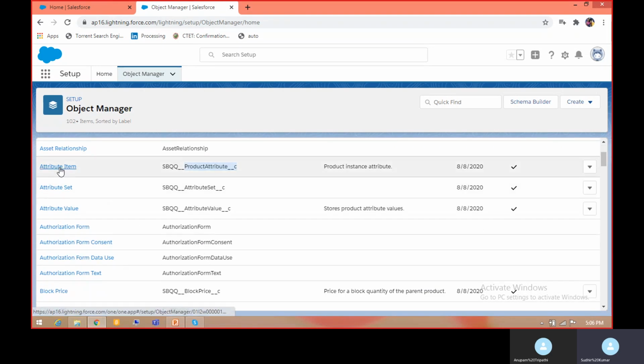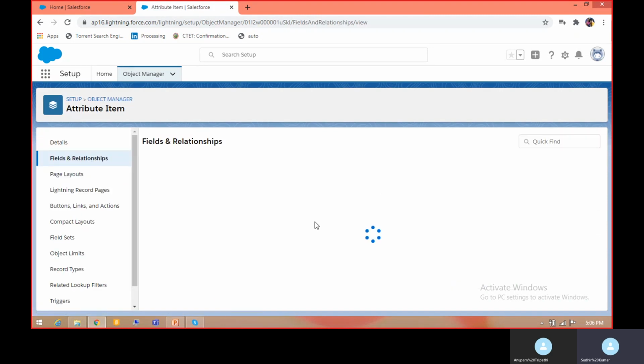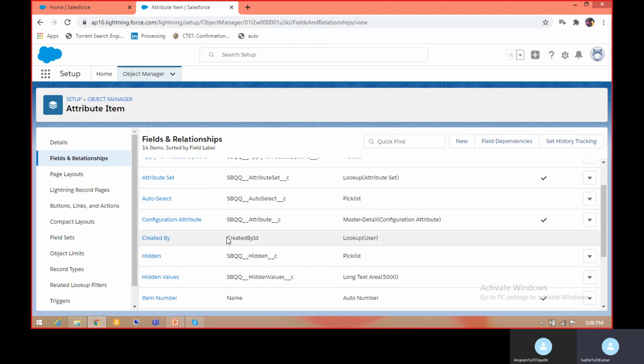The same thing is applicable to field names. If we click on attribute item object and go to Fields and Relationships, here you can see Created By ID. It is a lookup user field, a standard Salesforce field, and its API name is just CreatedBy.